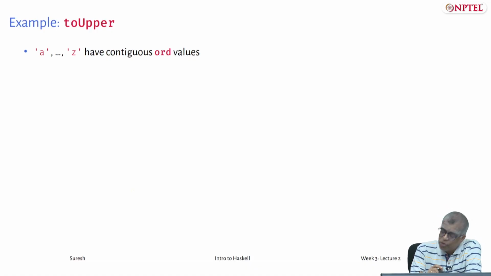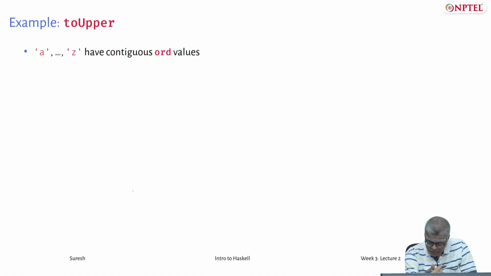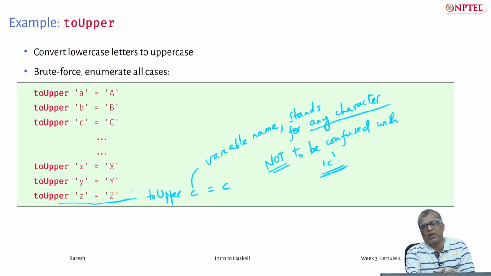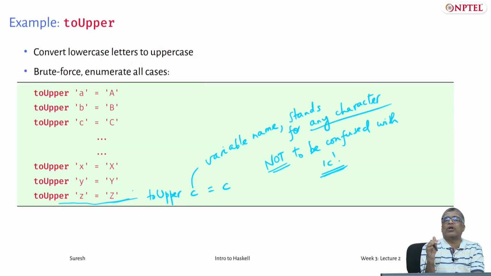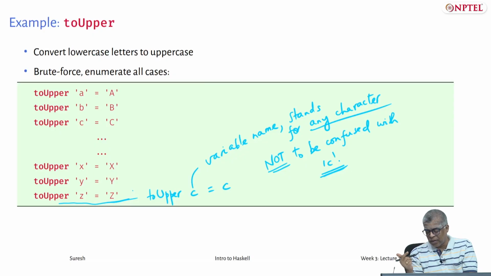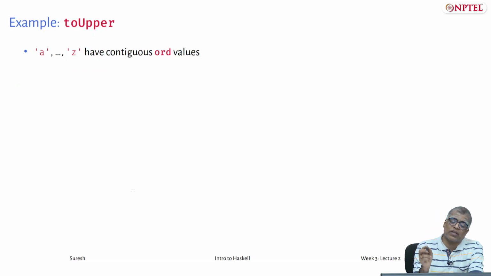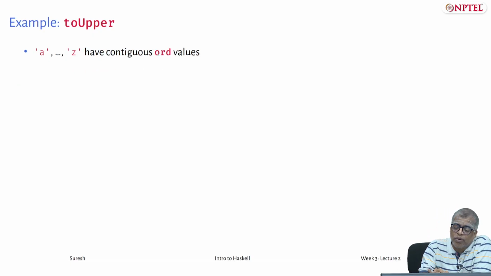And you could do that program, but that program is a very dumb program. It is a correct program though, this is exactly what you want. But what if you wanted to write something that changed 100 characters? You can't write 100 lines. Even this is too much. You have to write 27 lines of code for a very simple thing. Here is where you use the fact that A to Z have contiguous values.